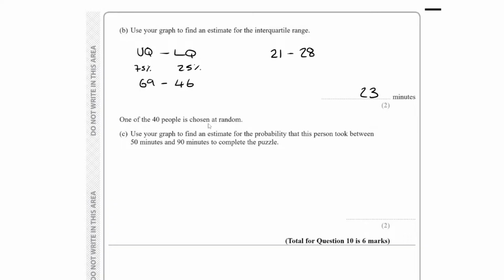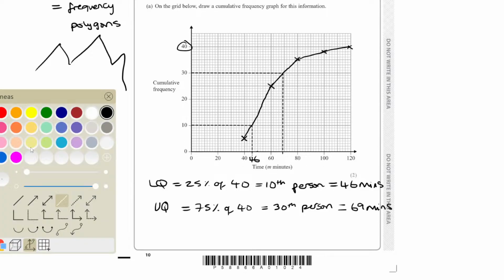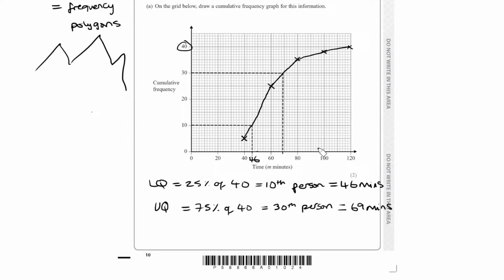So one of the 40 people is chosen at random. Use your graph to find an estimate for the probability that this person took between 50 minutes and 90 minutes. So do you see how that's now in terms of minutes? So if I come back, 50 to 90, that's now from the x-axis. So let me get a different colour. So obviously I'm going to go at 50. Again, be careful of the scale. 50 is here. And this time I'm going up. And then I'm going to read off